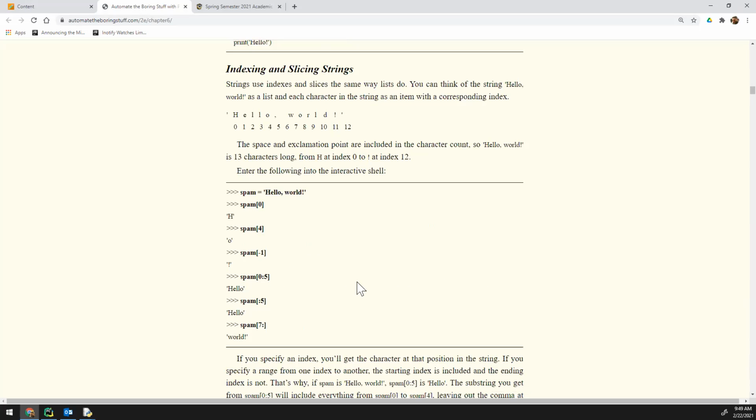Okay. So there's lots of things that we can do with strings, and we've kind of referenced this a couple different times. So we've worked with lists, we've worked with dictionaries, but a lot of times what you are going to be working with is strings, because that's what you end up printing out to the screen or wanting to manipulate in some form or fashion. We talked about during lists that you can use indexes and slices on strings just like you would a list. So for example, if we have this string,